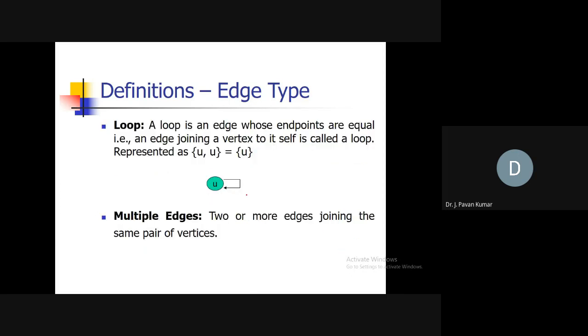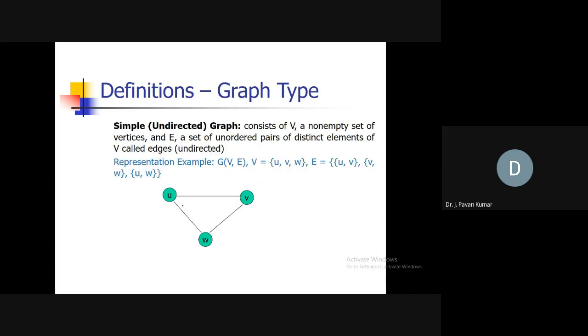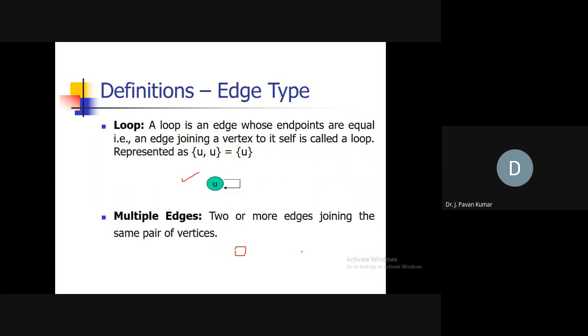Next, we have seen loop. A loop is nothing but a directed edge from one vertex to itself, that is called a loop or self loop. And multiple edges we have seen, that is, from one vertex to another vertex we can have more than one edge. Like this, from one place to another place we can have several routes. We consider direct routes, there are no intermediate routes, that you keep in mind. Then we can consider these two as multiple edges, from one source to one destination.